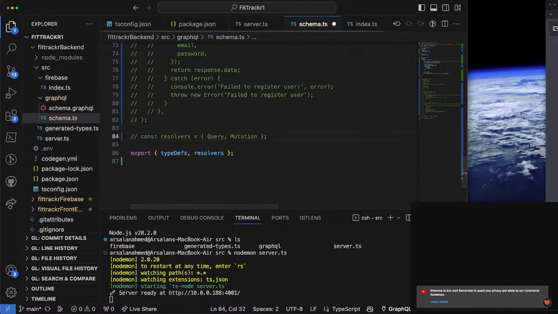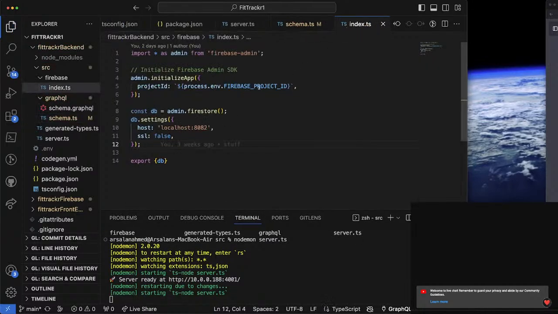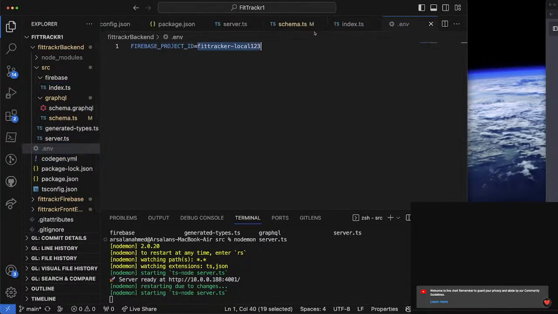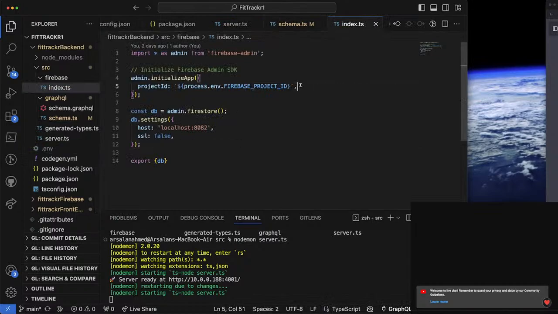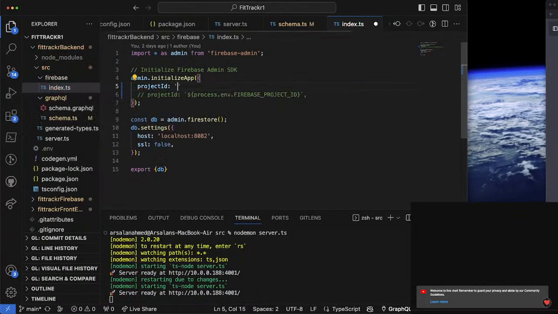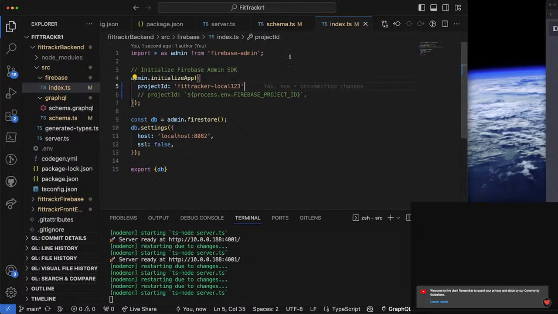Nope, we're not gonna do that. Okay, so now I save this. I go here. Now what I'm gonna do is I'm going to manually just put this into here. So what I'll do is project ID, like that. Oops. So like that, and then